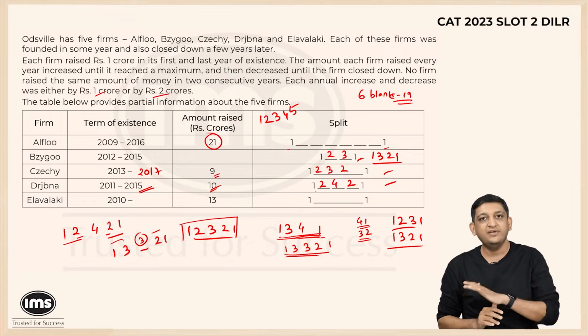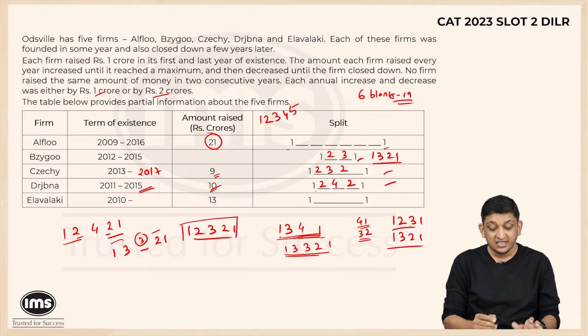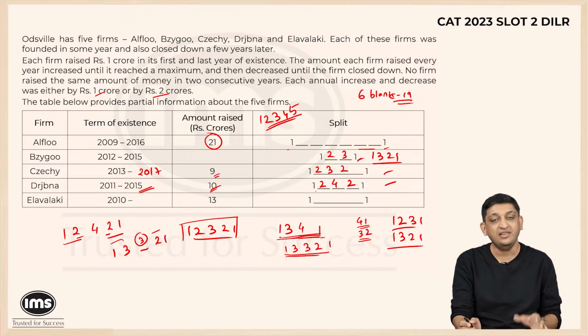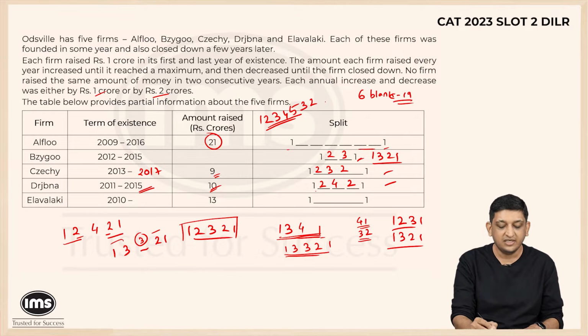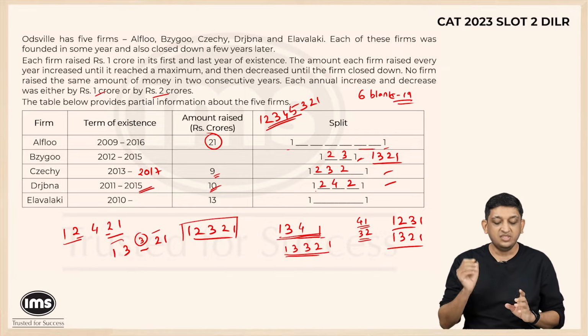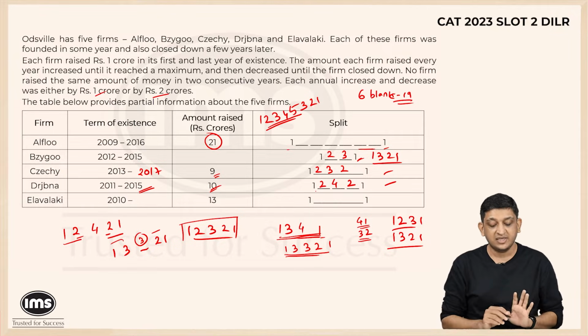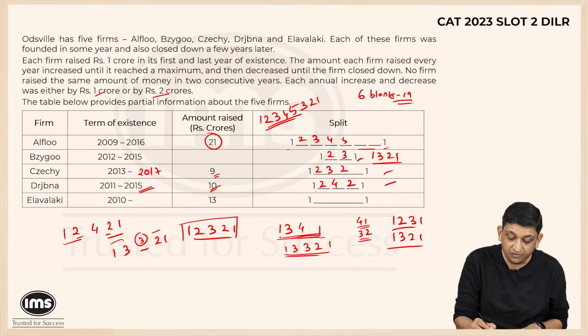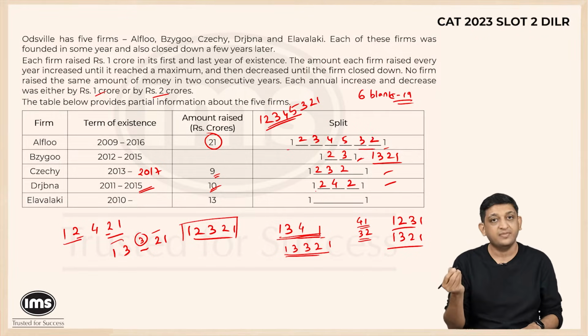I'll have to start falling from 5. I can't go to a 6 directly, right? So I'll start falling from 5 and I will have to ensure that I've already used the 4 blanks. I have 2 more blanks before I reach 1. So I'll have to drop to 3, then 2 and then 1. So 1, 2, 3, 4, 5, 3, 2, 1. That is a possibility that exists for A. So I'll just write it down here. 1, 2, 3, 4, 5, 3, 2, 1, right?